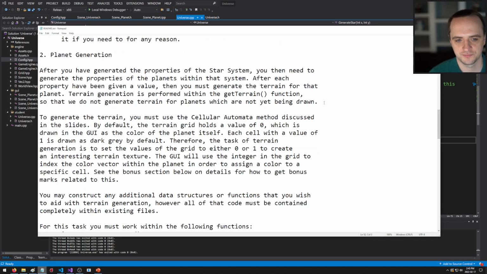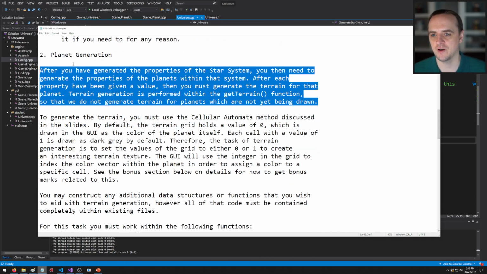Planet generation. After you have generated the properties of the star system, you then need to generate the properties of the planets within the star system. After each property has been given a value, you must then generate the terrain for that planet. Terrain generation is performed within the getTerrain function so that we do not generate terrain for planets which have not